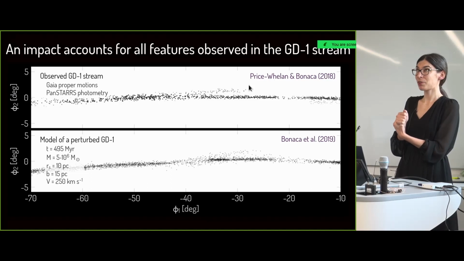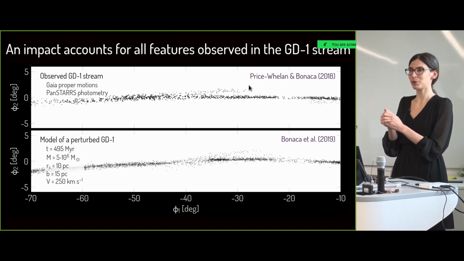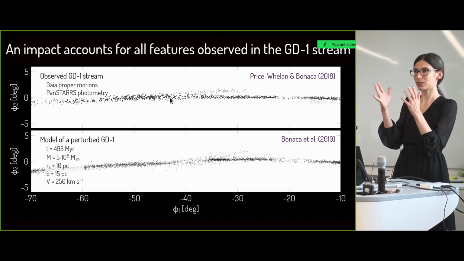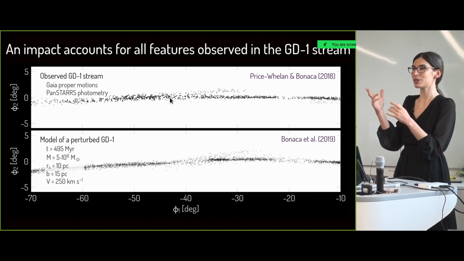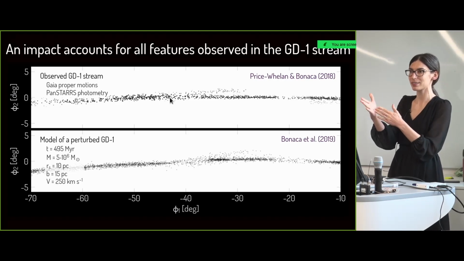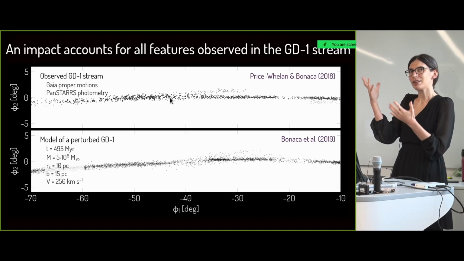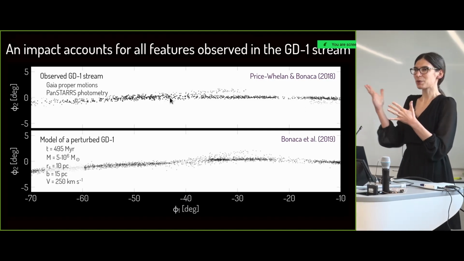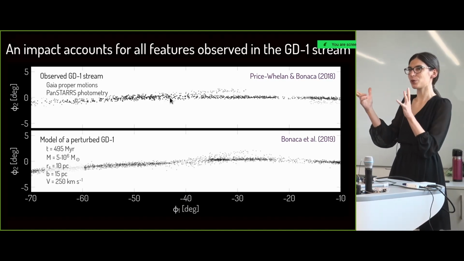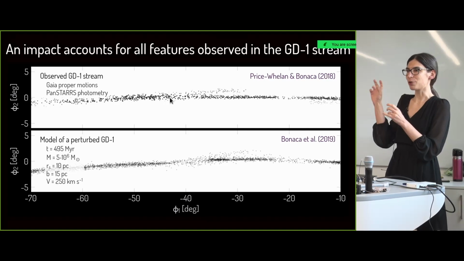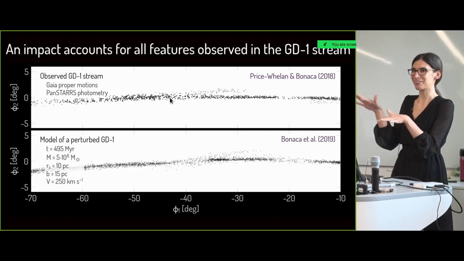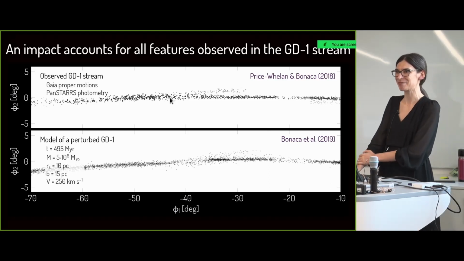So all of the theoretical analysis before this data was available was focused on extracting information about the encounter just from the gap, the size of the gap. But that on its own is very degenerate with the time of the encounter, the mass, and the velocity. So the expectation was that we'd need to detect many of these gaps to get some statistical view of the total population, and not really focus on one single object to try to decompose the merger, basically. So, yeah, we're swimming in uncharted waters here.